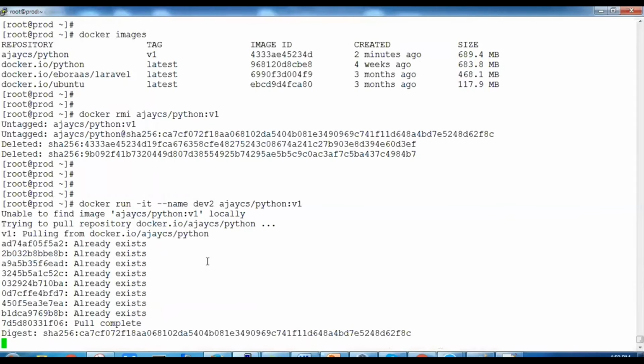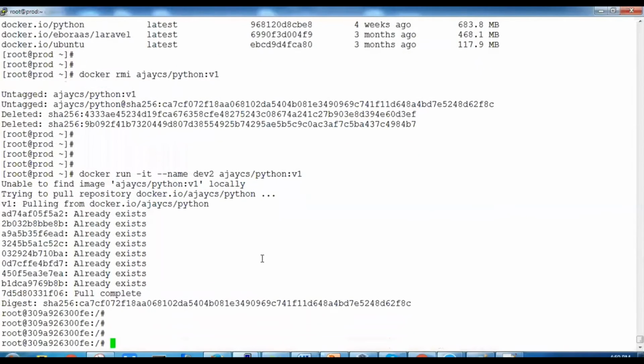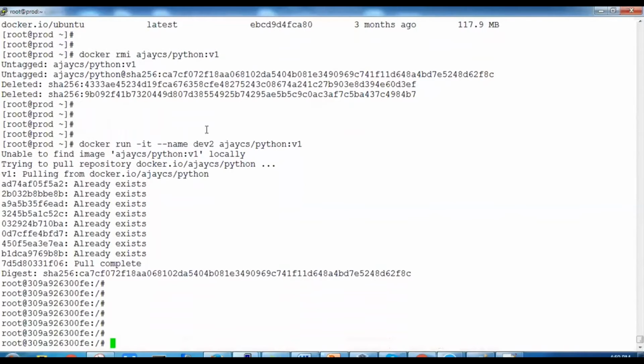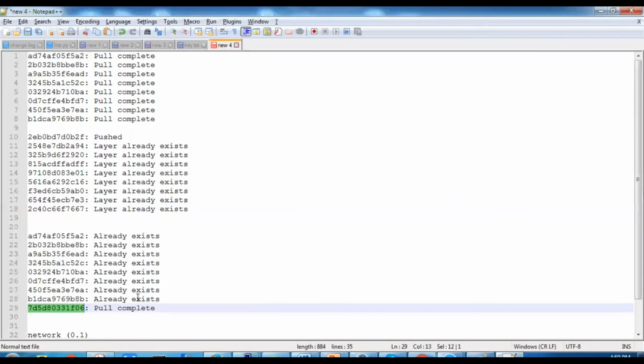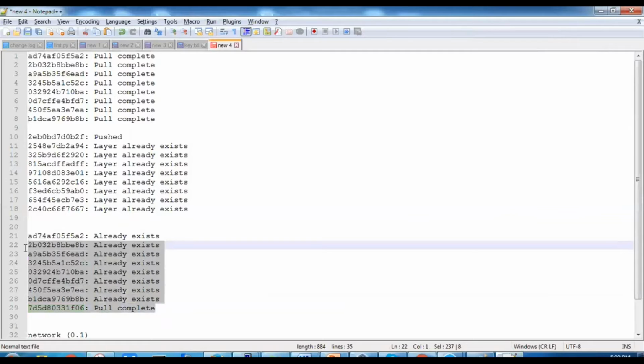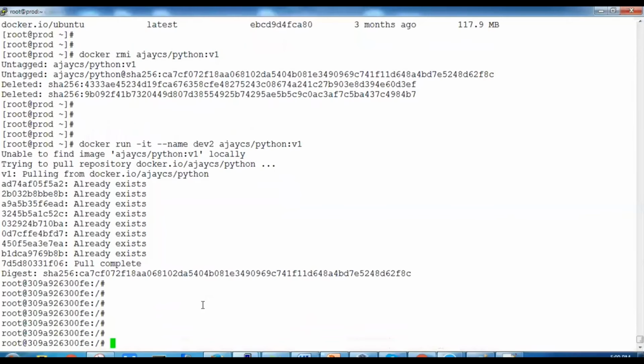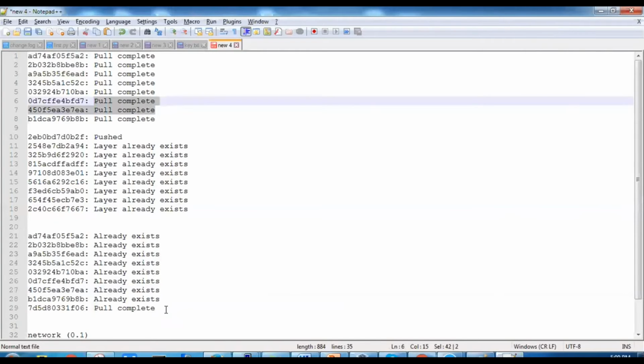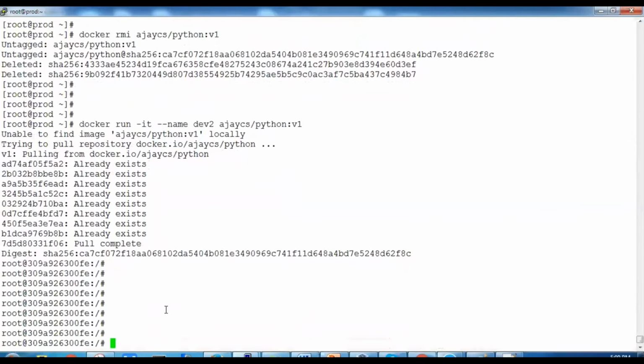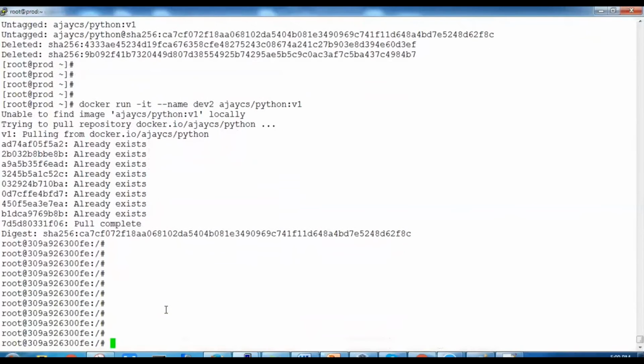All right. Now here we came into Python 2, which is using this layer. I mean, it is using all 9 layers. It's not using 8 layers. So definitely it's created from the new image, so it should have the package which we have installed. So we'll say pip list.